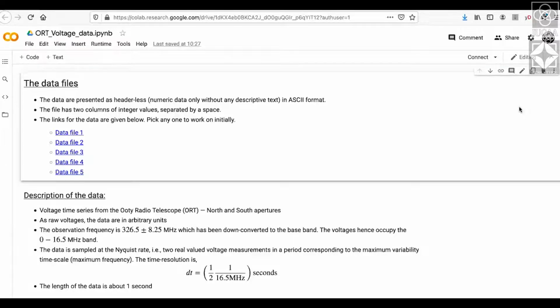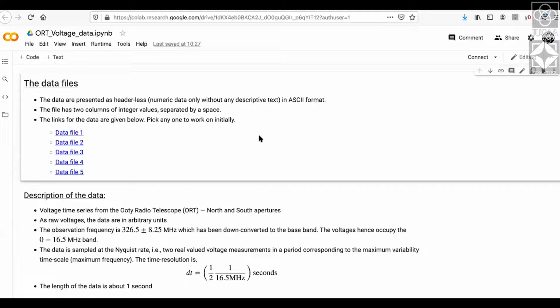You search for equivalent syntax online, how to do a particular thing in Python, and you can always do it with relative ease. Here the algorithm is given, and in many cases, the links to the commands that would be useful in Python to get that done are also given. So you could either give it a try over here in a Colab notebook or use your preferred language. Either way, it's fine with us. But of course, you'll have to access this file. You can open it in Colab or as a Jupyter notebook locally on your system, and you can at least go over the algorithm generally.